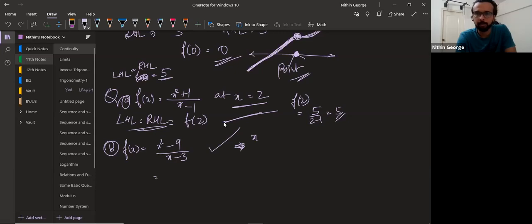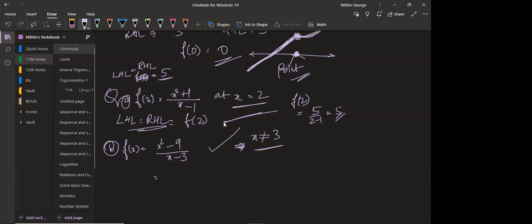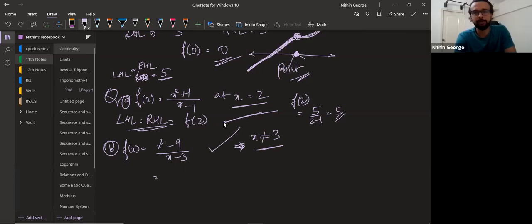All right. So I'll give the definition like this. f of x equal to x square minus 9 by x minus 3 when x is not equal to 3. Because the second you put x equal to 3 here, the denominator becomes 0. I can't really define the function. Okay, there's a problem from my end also. I can't define the function at x equal to 3. So I'll just call it like this. This is how the function is defined.